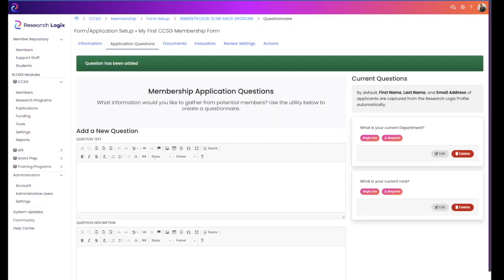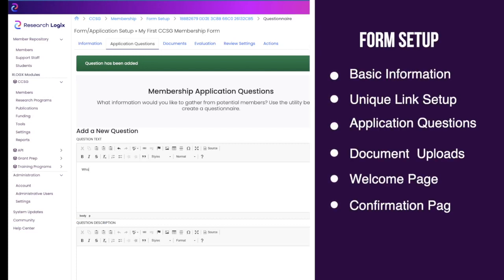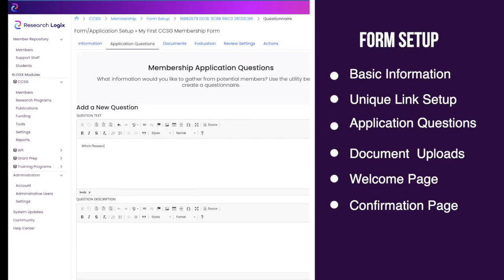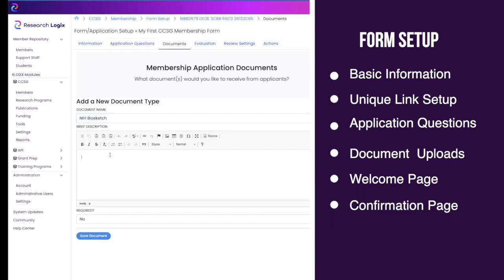new features. First, we will introduce you to the new Form Creator, which will allow you to set up several aspects of the CCSG membership application, including basic information, customizing application questions, requesting document submissions, and setting up welcome and